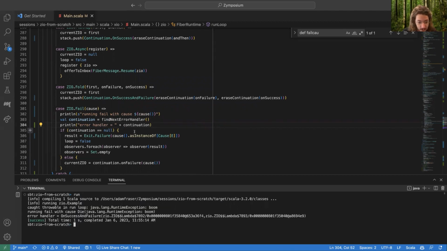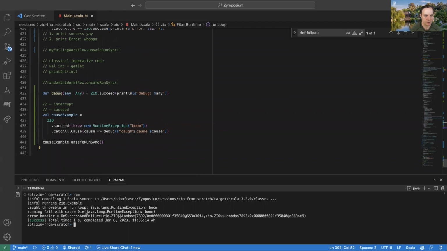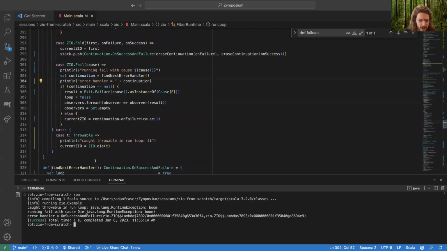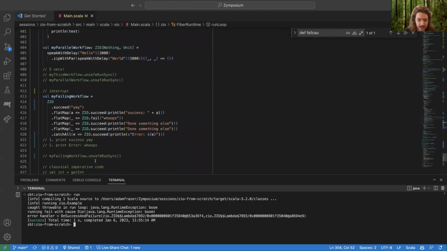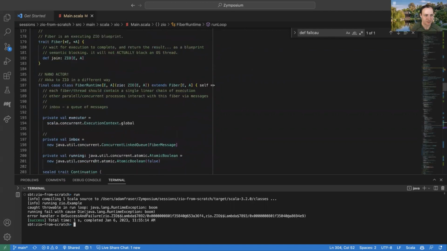So we have an on success and failure. That would be that one. Oh, wait, am I debugging correctly? Yeah, I'm print lining, I think so. So let's just keep adding print lines. Where are we next?